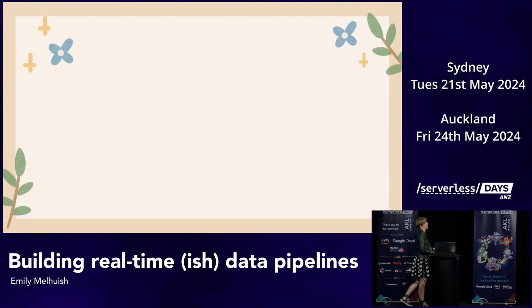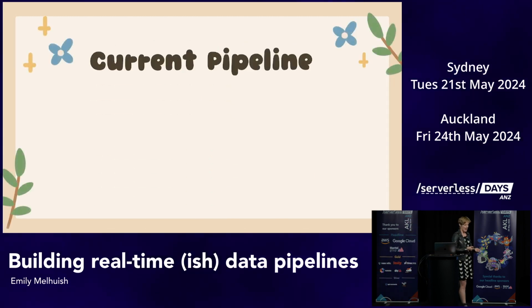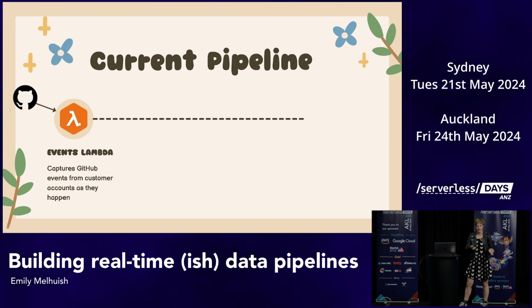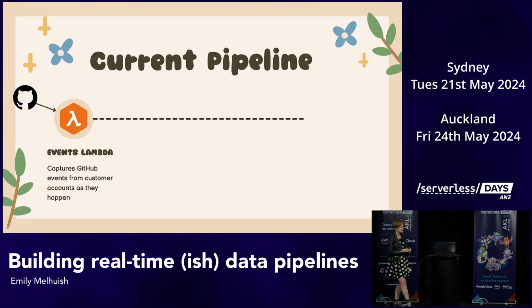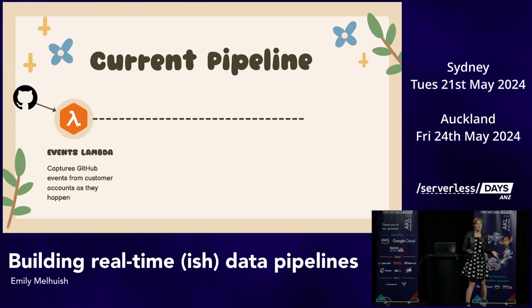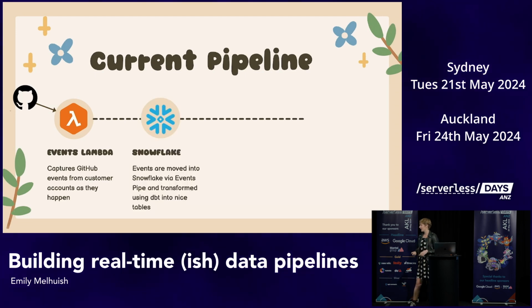Well, what is the current pipeline? So this was the very first thing I built at Multitudes. Basically, GitHub provides a way to get a webhook to send data from a customer to somewhere. Obviously, it makes sense that this is a Lambda, put a little API gateway on it, GitHub fires the events there. This is the very first Lambda that I built. It is still alive in Multitudes today, still the ultimate MVP, dealing with tons of events a millisecond, doing a great job. So this basically captures the GitHub events, verifies that they come from GitHub, and makes sure we can then send them into Snowflake.